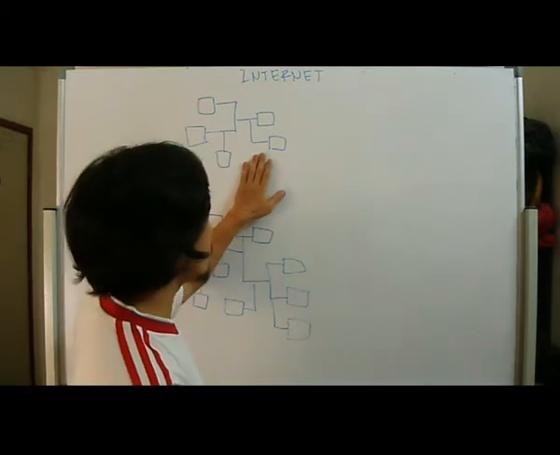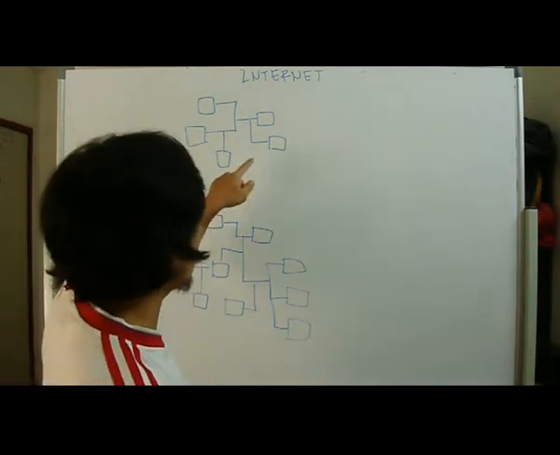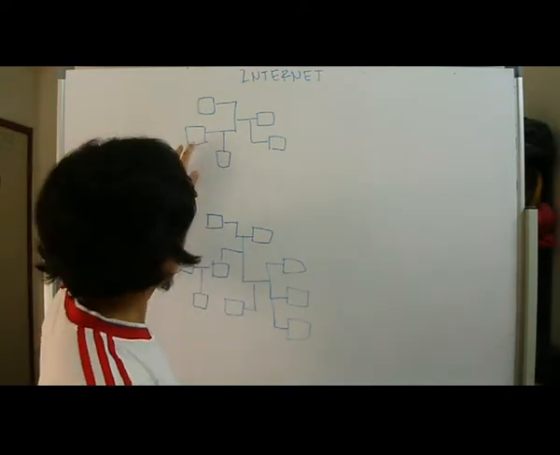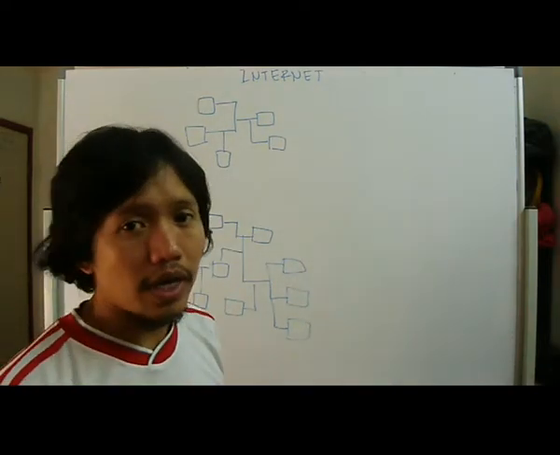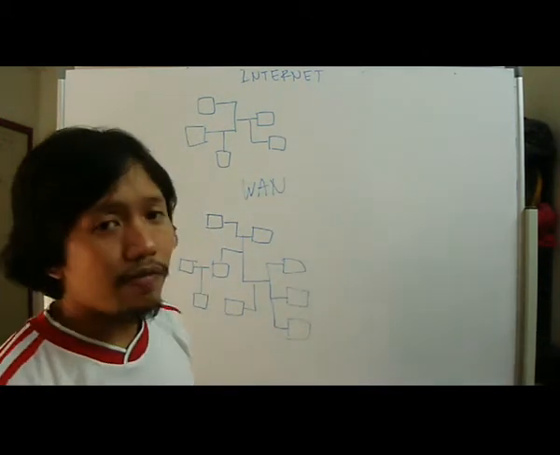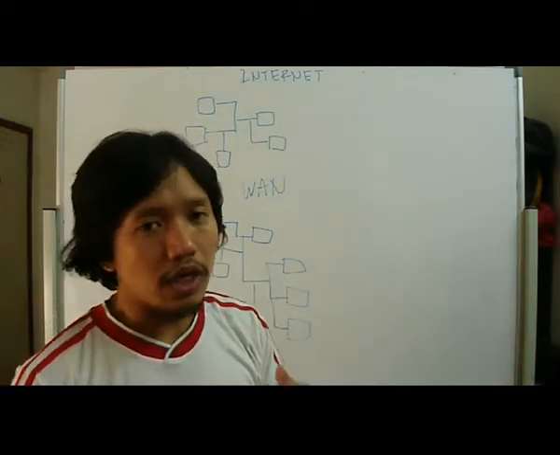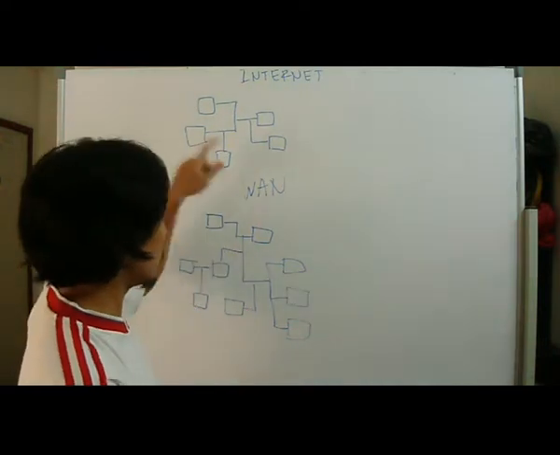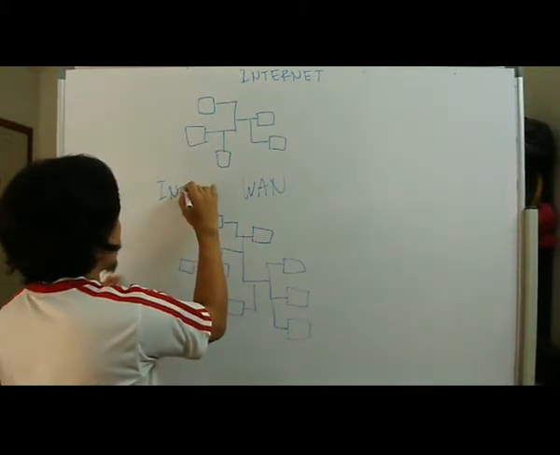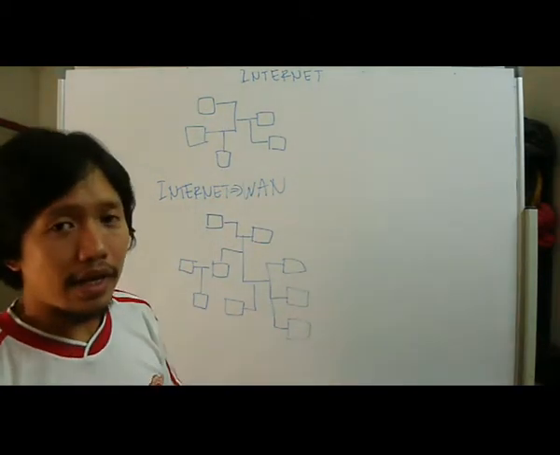Now, we can also bear in mind that these computers can be very far apart from each other, for example, 2 kilometers away, 50 kilometers, 200 kilometers, or several thousand kilometers away. So it becomes what we call a wide area network. If and when we combine all the computers in the world together, all of the computers which are interconnected together, then we have the internet, which is the largest ever wide area network.